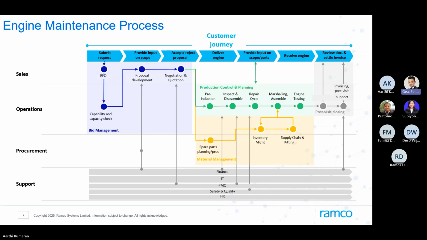for execution, where the preliminary inspection is carried out, right? So you have your inspection, and once the inspection is passed, of course, you may have initial cleaning and NDT, and then you move to inspection, and then you have your disassembly happening. The moment you disassemble, your engine is broken down into pieces. You have multiple other places or jobs where these sub-assemblies may get moved into, and they move into the detailed repair cycle. So what you see there is induction, inspection, disassembly, then that goes on to your repair cycle,